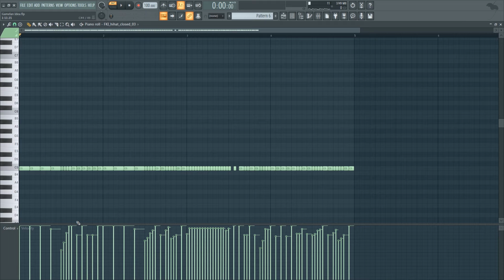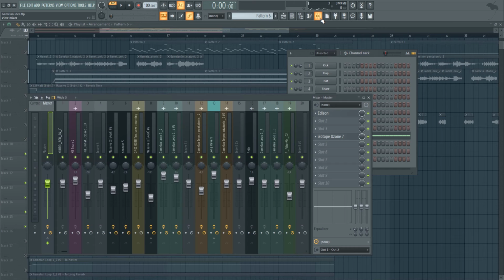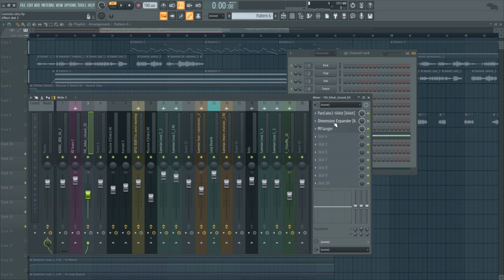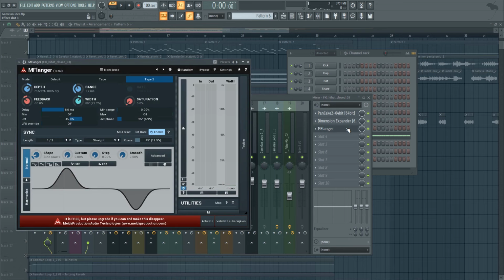And as you can see, I've played with the velocity a bit to keep it more interesting. I've also gone to the effects section and added some panning so that it goes from one ear to the other all of the time. Some dimension expanding so that they sound slightly wider, and also some flangers so that again they sound a bit